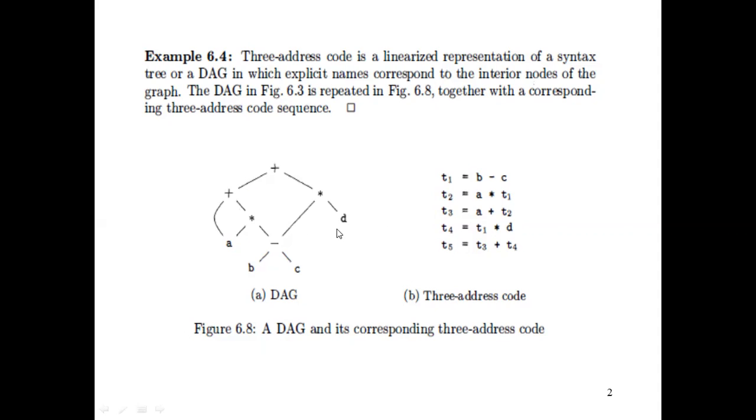Now look at the directed acyclic graph. First we will start from B minus C, because this is the common sub expression which we want to eliminate. Let us start from the common sub expression B minus C. First check the given expression, and after that start from this common sub expression B minus C. Then this B minus C is multiplied by A star, A star B minus C, and the same expression is multiplied with D.